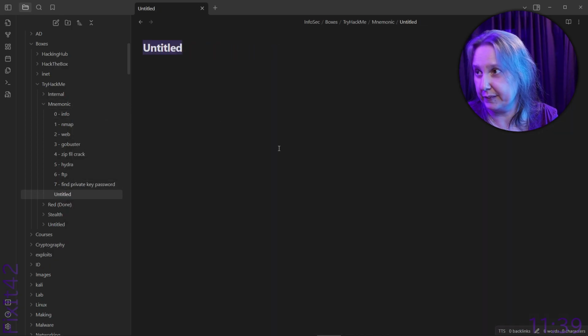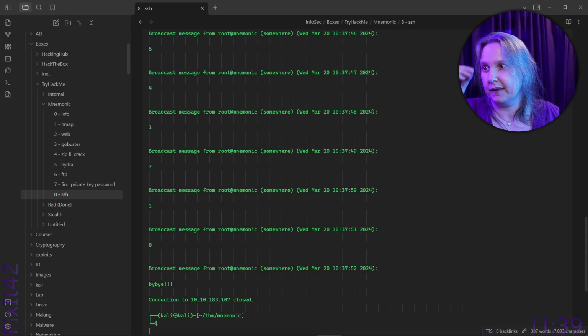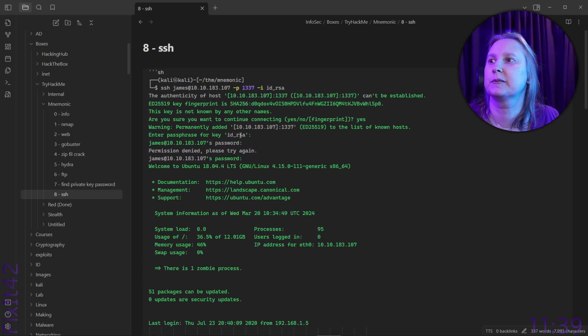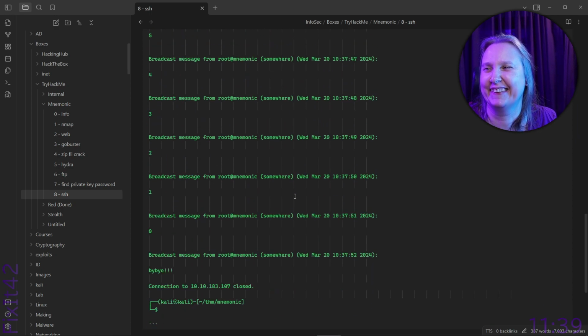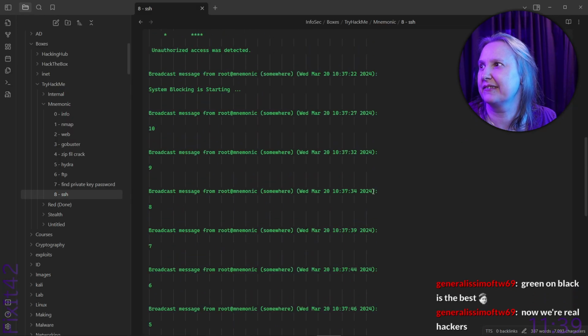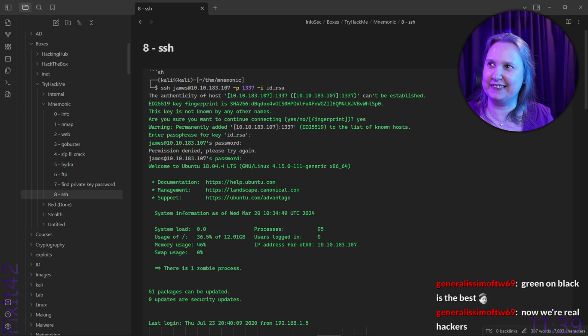Let's do 8 here then. And all those extra lines? Oh, that's fun. Green on black is the best. Now we're real hackers. Thanks to these bad characters, we're green and black.